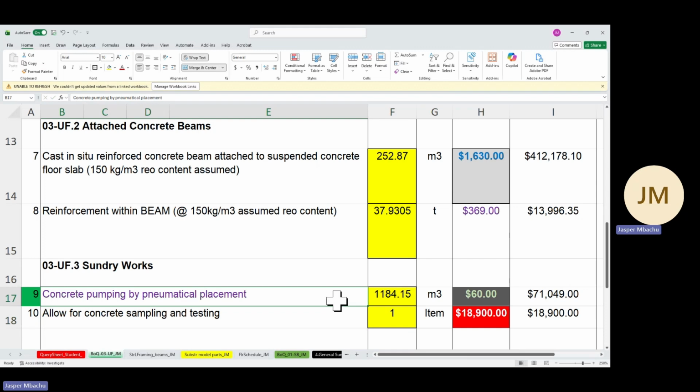The substructure is also very simple. I will